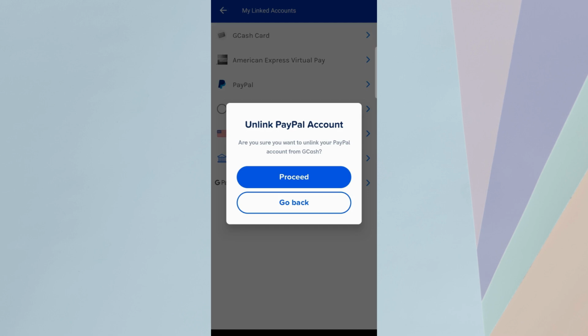That's all it takes to clean up your GCash connections. Open your account, go to Profile, tap My Linked Accounts, choose the one you want to remove, and hit Proceed